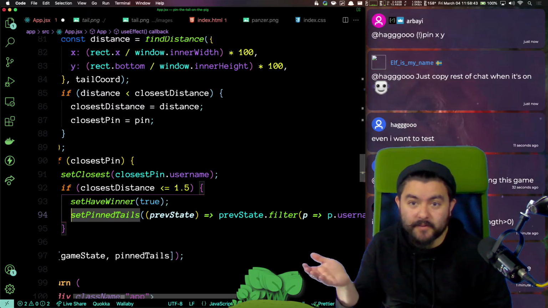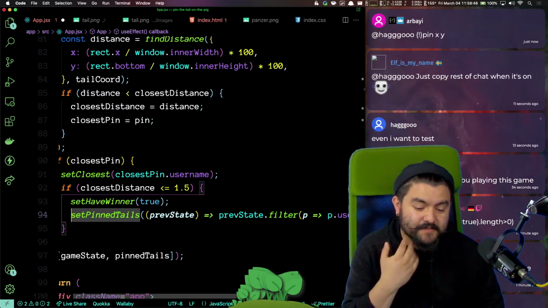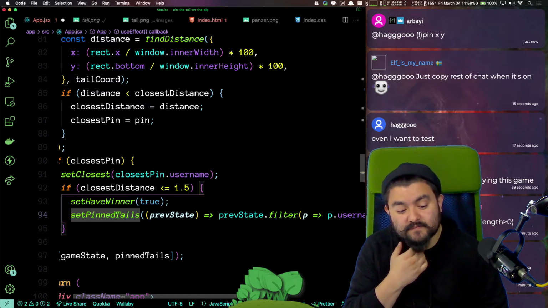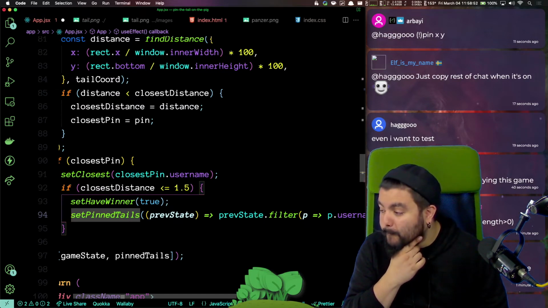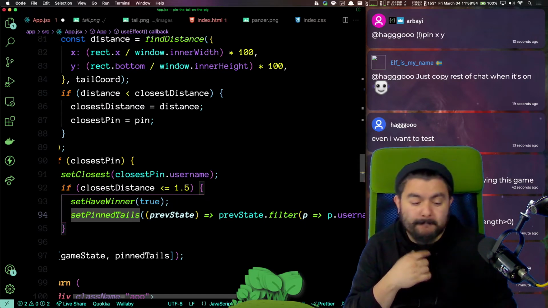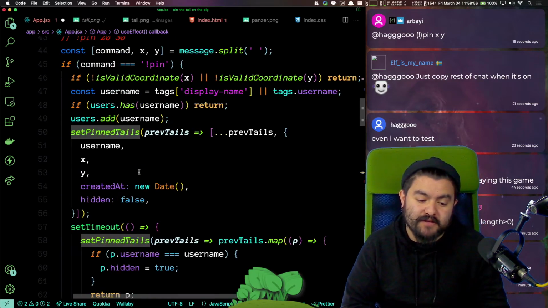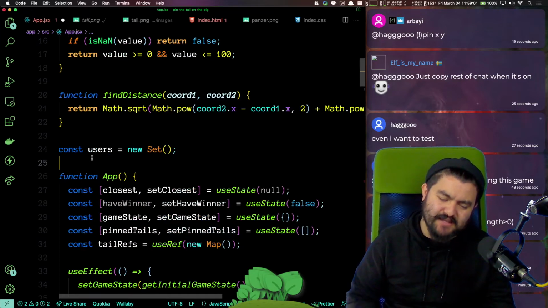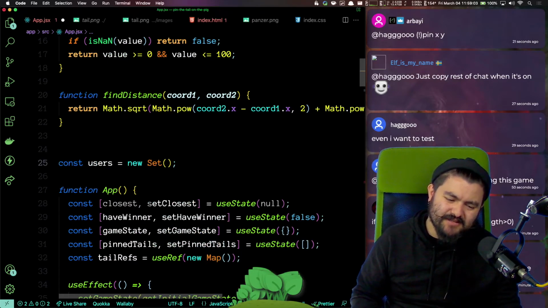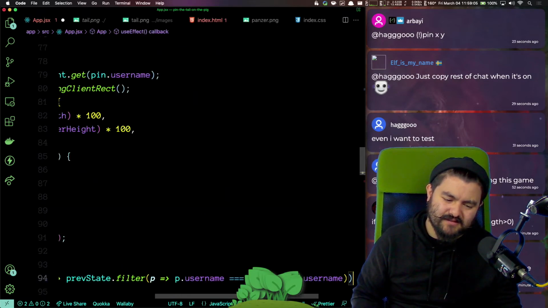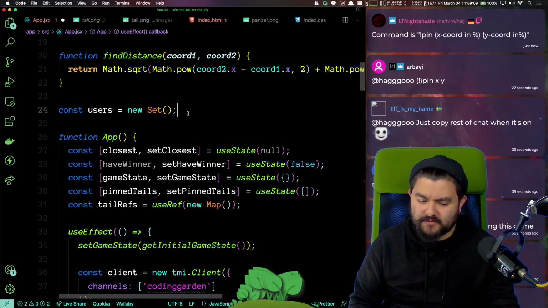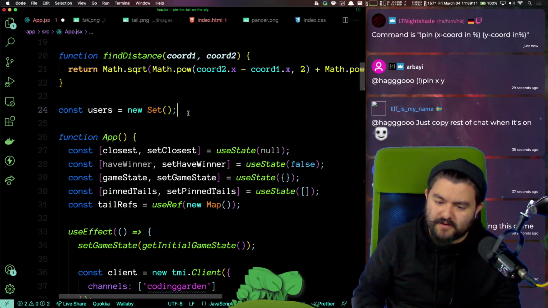However, I want to wait 5 seconds or so before other people can submit new ones, and I need to reset the location on the screen. And so I kind of want to prevent new messages from coming in here. I guess I don't even have to do that with state. I have an idea. And this should actually work just fine because there's only one component on the page.